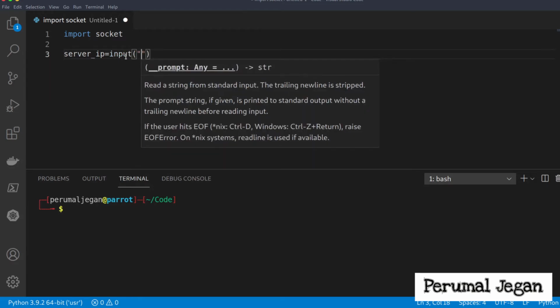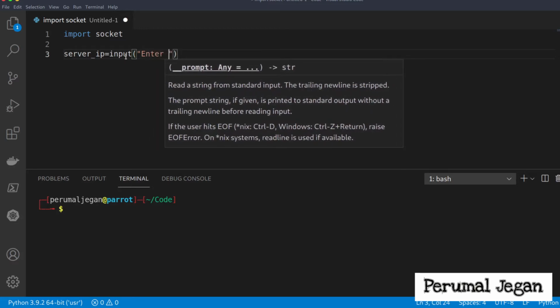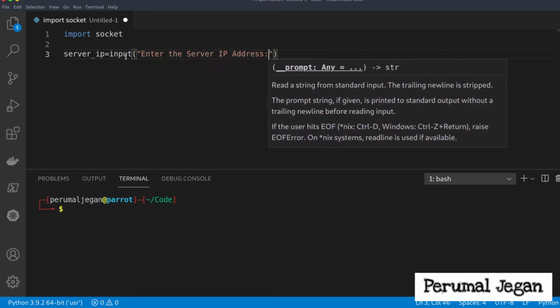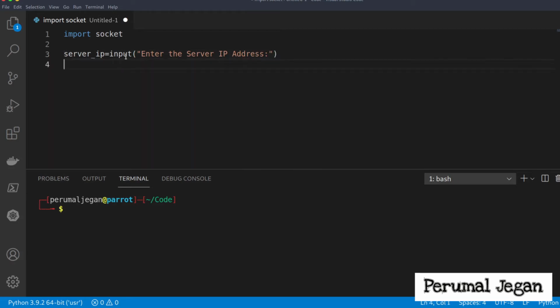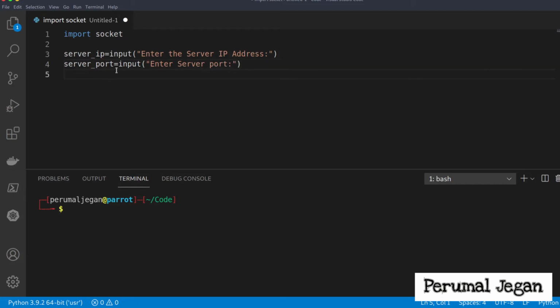I'll give a sentence which will be displayed to the user. Now I got the server IP from the user. Now the server port, which is listening on the server. Now I got both server IP and port here.